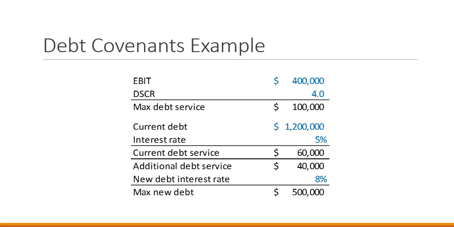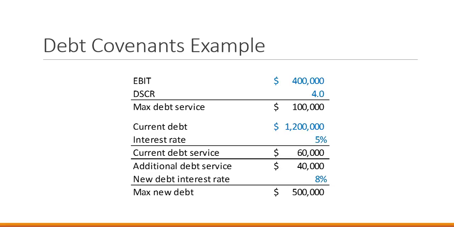And in our solution, we see that with an EBIT of $400,000 and a debt service coverage ratio of 4, the maximum debt service is $100,000. In this scenario, we're assuming interest only, no principal payments, and at a 5% interest rate, the current loan of $1.2 million incurs annual interest payments of $60,000. With a maximum debt service of $100,000, there's $40,000 of additional debt service potential,